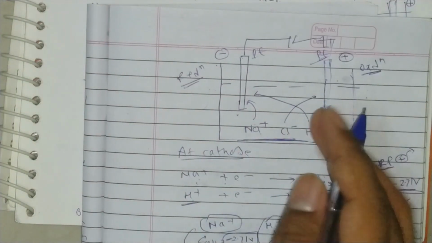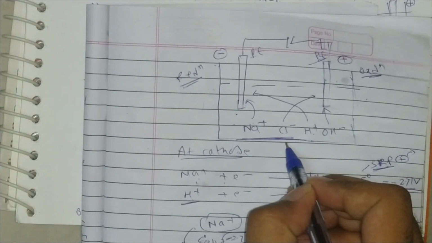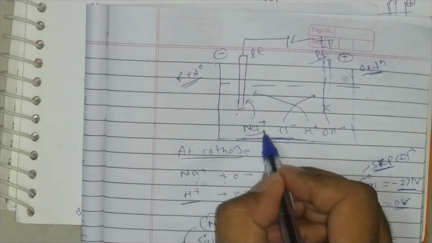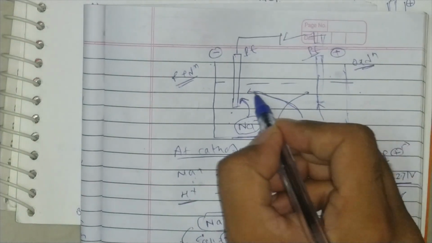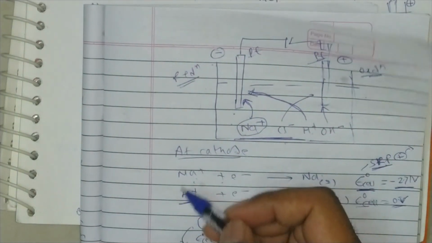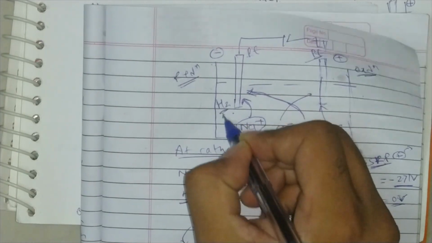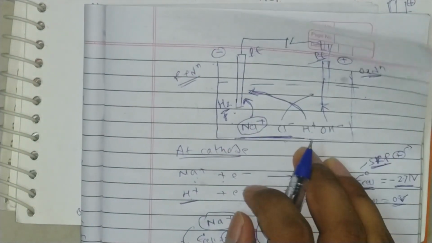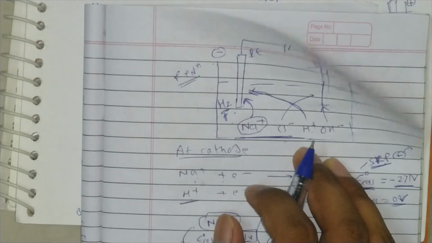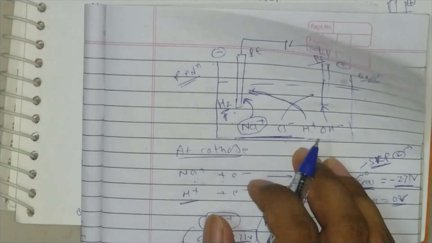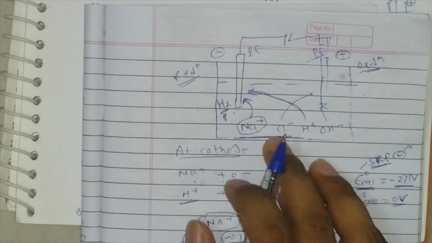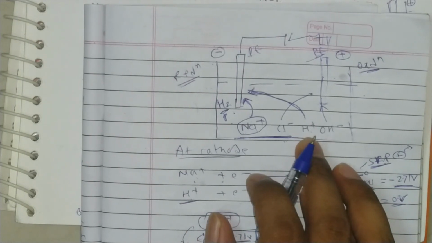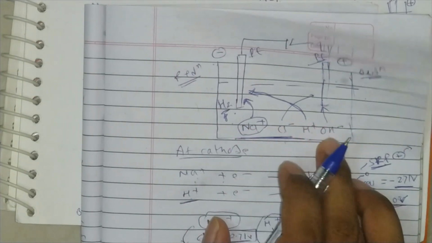This means that when we carry out electrolysis of aqueous sodium chloride solution, instead of sodium getting deposited on the cathode, hydrogen preferably undergoes reduction at the cathode, and hydrogen gas is released. Sodium is not deposited at the cathode, unlike in the case of molten NaCl, because there are only two ions, Na plus and Cl minus. So Na plus will deposit at the cathode and Cl minus will go to the anode. Here, due to the presence of hydrogen ion, there is a competition between the sodium Na plus ion and the hydrogen ion.